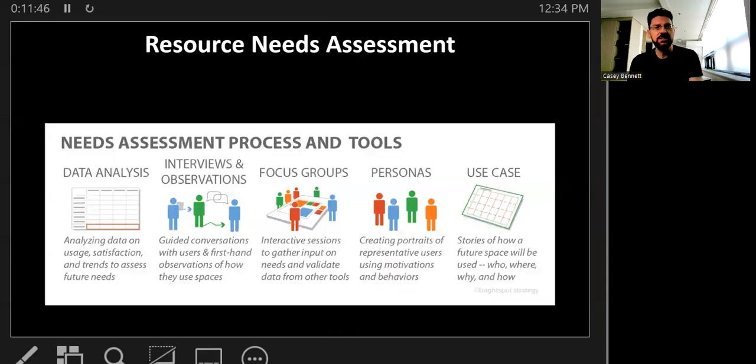So, resource needs assessment, right? And there's lots of ways to gather data here. You can just do some analysis by studying trends and evaluating current systems. You can interview people. Probably in the scope of this class, that's not going to happen because we don't have enough time, but maybe you could just talk to people about certain issues and gather data that way.